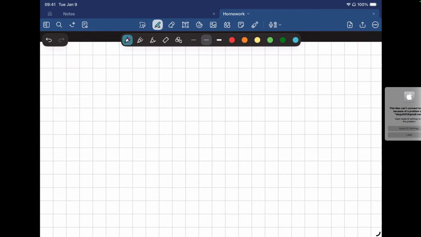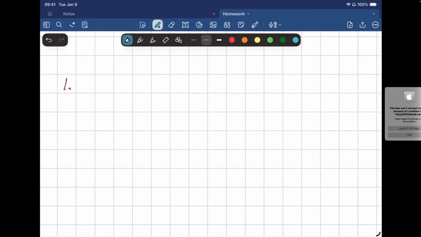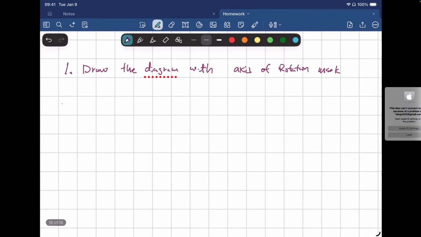Okay, so I'm going to start with an idiot-proof way to do something. Here's what we're going to start with. The first step, I would say, is to draw the diagram with the axis of rotation. Mark the axis of rotation part. Second,